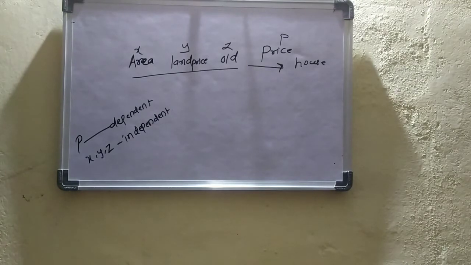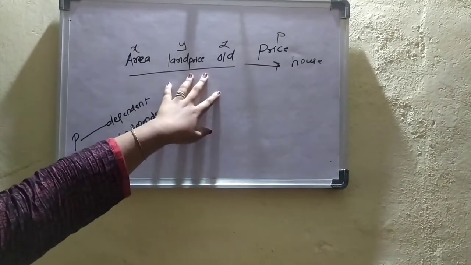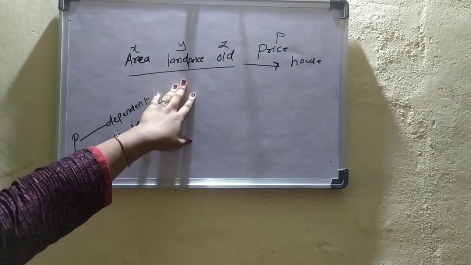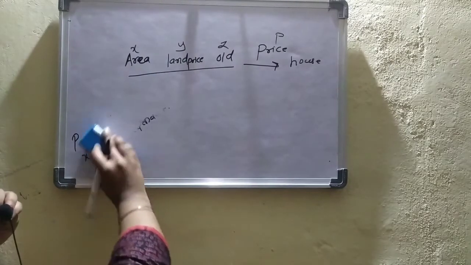If we are using a one-to-one relationship, then we can use the simple linear regression formula. But here we have three independent variables. So to find the price of the house based on the three variables, we go with a formula. Here I will note down the formula for multivariate analysis, that is simple linear regression but with multiple variables. So the formula is as below.